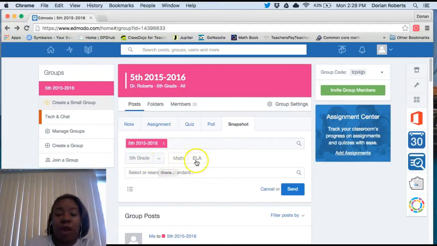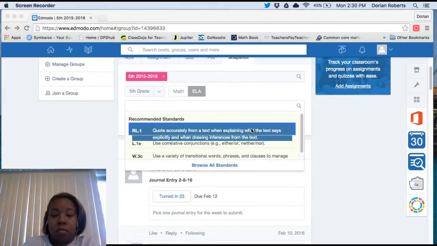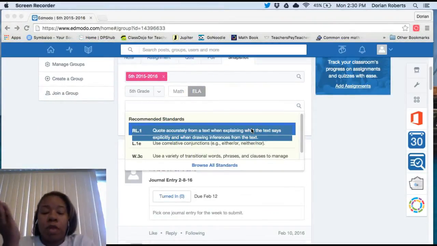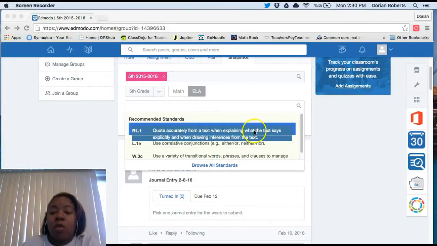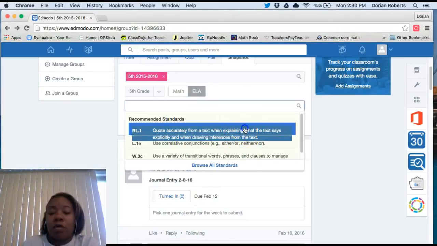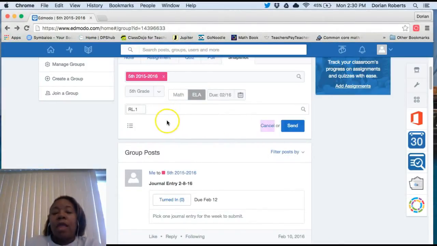I'm on 5th grade and I'm going to go to ELA. So if you look at my screen, one of the ELA reading Common Core standards is quote accurately from the text when explaining what the text says explicitly and when drawing inferences from the text. Let's go ahead and click on that one. Now,